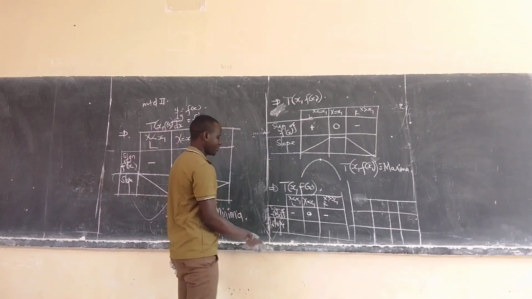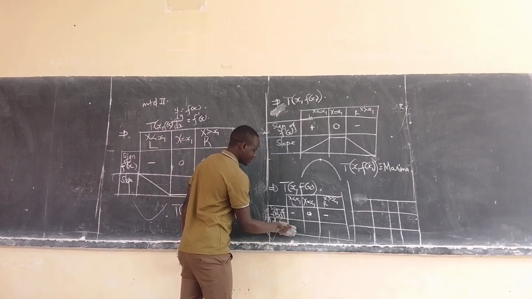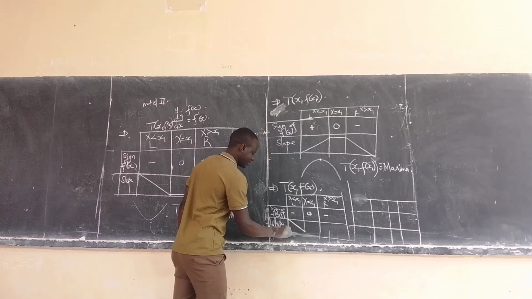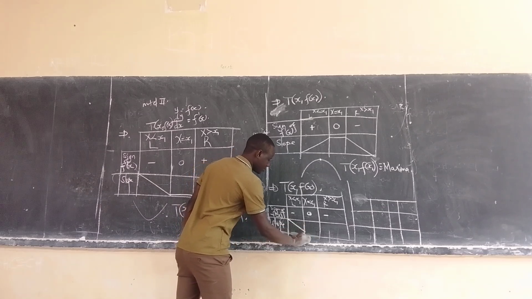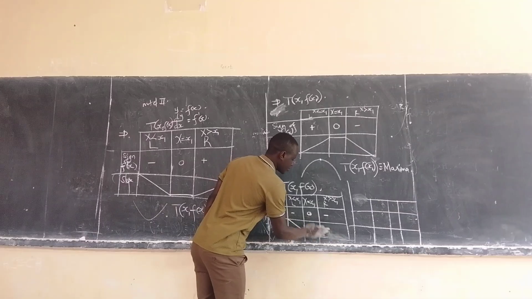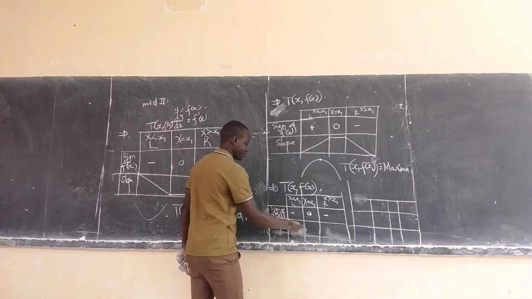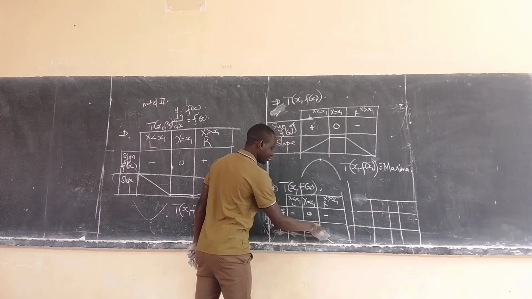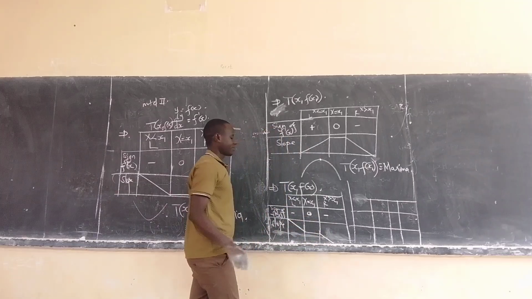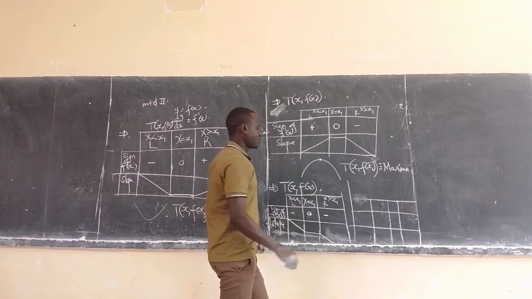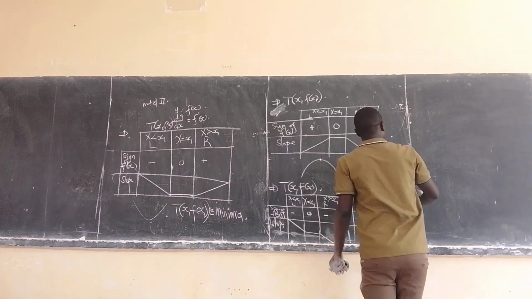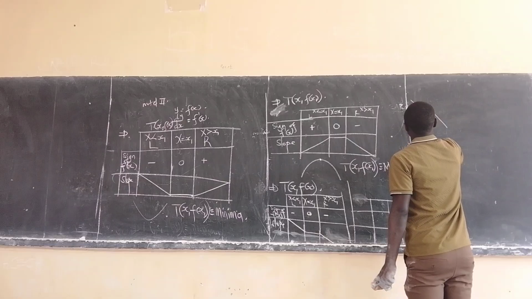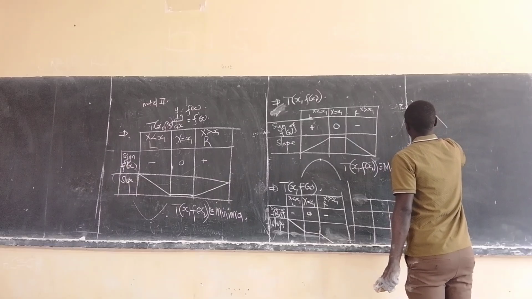So if that happens, it means your slopes will move like that. When it is negative, when it is 0, and when it is negative again, it slopes down. If it does not appear like that, if it's like this, that is a point of inflection,